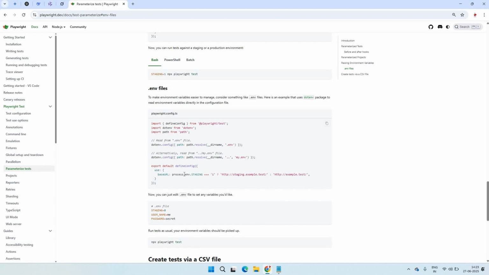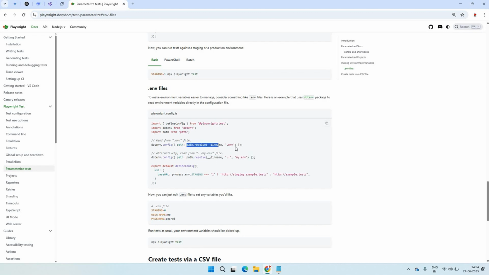Like I can say this is process.env. See, let me explain a bit of code here. So what they are trying to suggest here is, they are asking us to follow this naming convention to create files, and then this library we have to use, right? So here they are importing the .env and a path. So why? Because as I said, to read .env files, we need to provide a path to .env, right? So there is a method available in .env library which we can use, and in the method we can pass the path